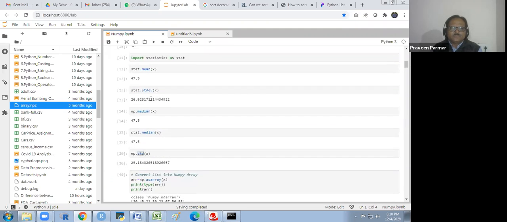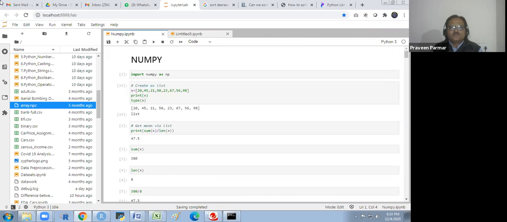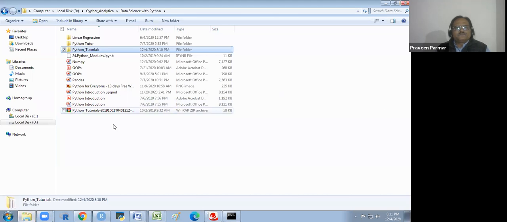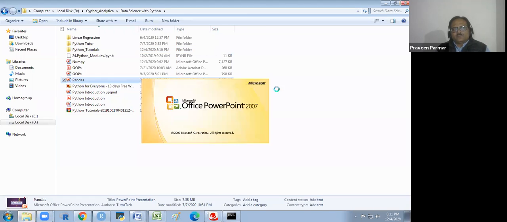NumPy is generally used in the programming part mostly. We use it a little bit in the data analytics part, but there we mainly use pandas. Okay, so let us come to pandas, see how it works, and I will show you the PPT of the pandas.